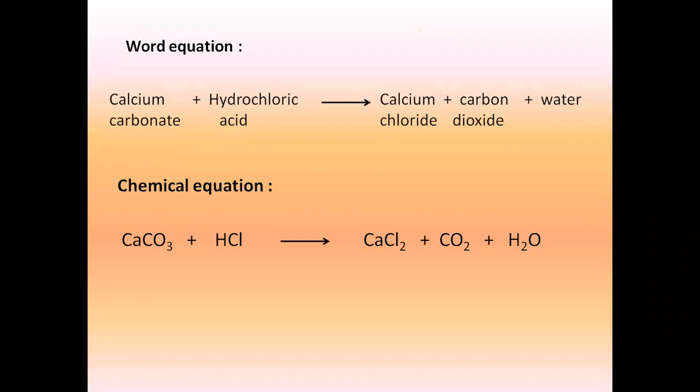This is the second man-made chemical change which we are studying, and the heading is cleaning Shahabad tile with dilute hydrochloric acid. Shahabad tile is nothing but calcium carbonate. What is Shahabad tile equivalent to? Calcium carbonate. And what's the formula of calcium carbonate? CaCO3. It reacts with hydrochloric acid, which is HCl, and we get the products, come on, repeat everyone: CaCl2, that is calcium chloride, carbon dioxide, that is CO2, plus water, that is H2O.